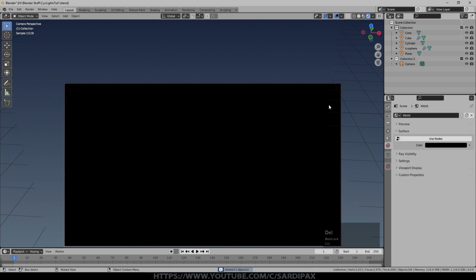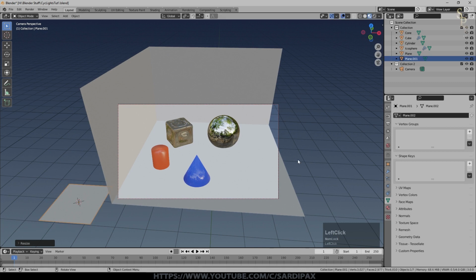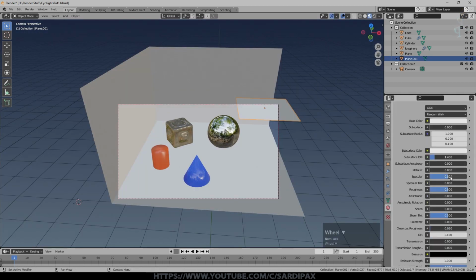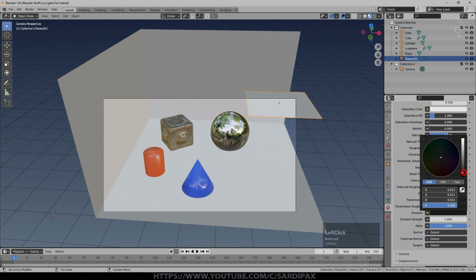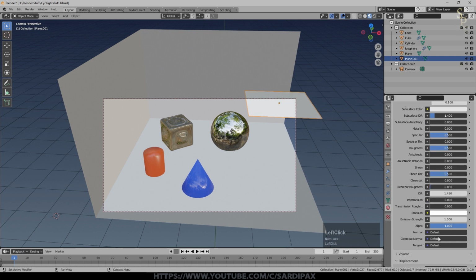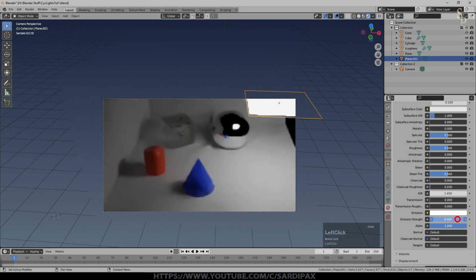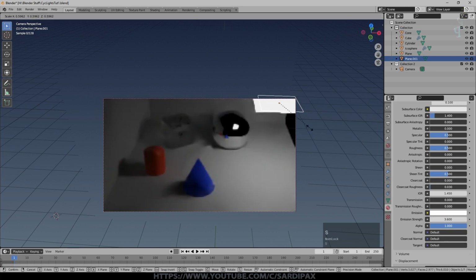scene. If I delete that one and our scene goes black, and I'm just going to add a plane. We'll make it a little smaller and we'll lift it up. And what I can do is go to materials and say new, and you can either do this in the node editor or here, because it's relatively simple. We can change the emission. So I'm going to set the emission to a color of white, and it's already got a default strength. So if we look at the rendered view now, we're getting light from it. So if I turn the strength up, as you would expect, it gives out more light. I'm going to make it a little smaller.